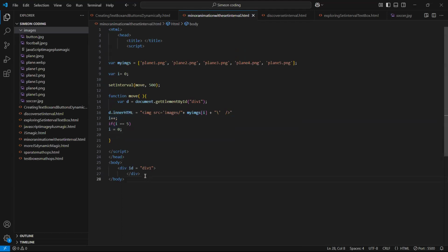So I think that's what you do for your homework so that you have some practice with this. Your homework will not be too different from this. The code will still be the same thing. The only difference now is that the content of your array will be different, and if you have 10 images, obviously you cannot have if I equals 5 for 10 images. You have to raise it to match the number of images that you have.